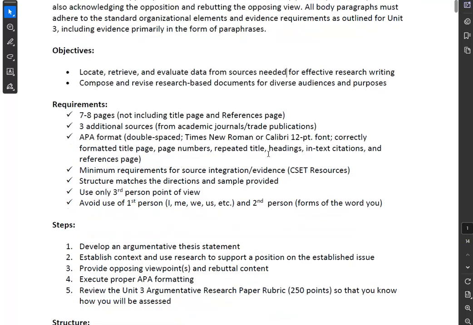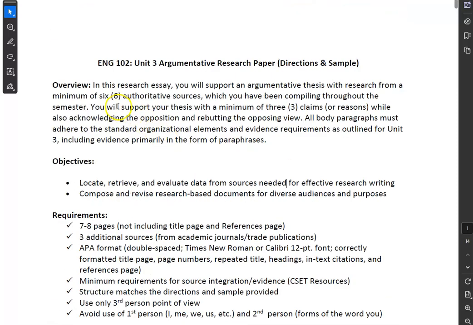Double-spaced text with 1-inch margins and 12-point Times New Roman or Calibri font. Anything less than that, you will lose points. This is a college-wide requirement, not for me. Next, you must have 7 sources cited within your paper in APA format. I understand that this says a minimum of 6.